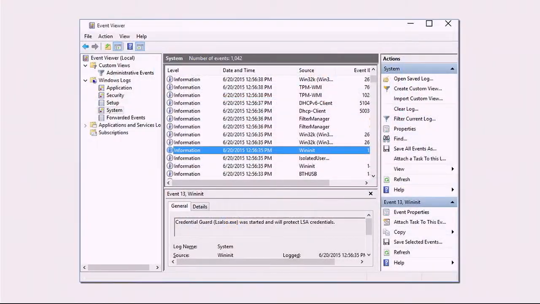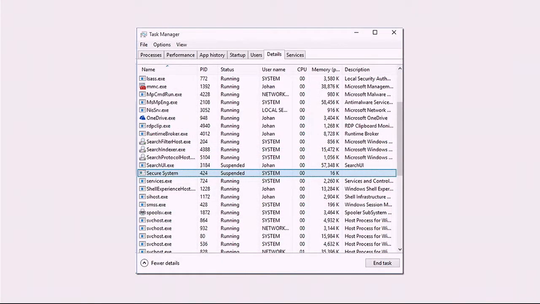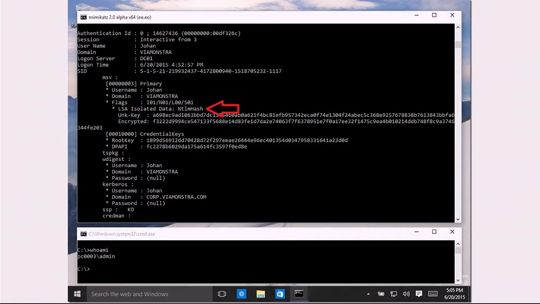When I then boot up my PC, I can look inside Task Manager and see the secure system process running. This is how you'll know that the actual process is running. If you go away and, in terms of testing this, download this tool called